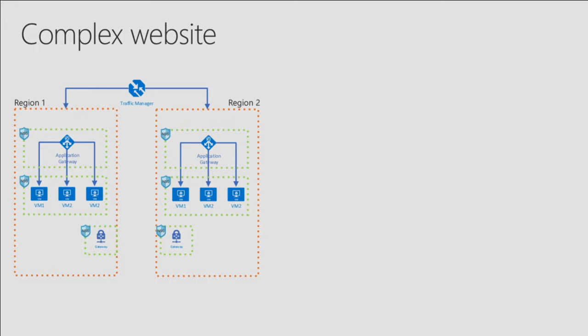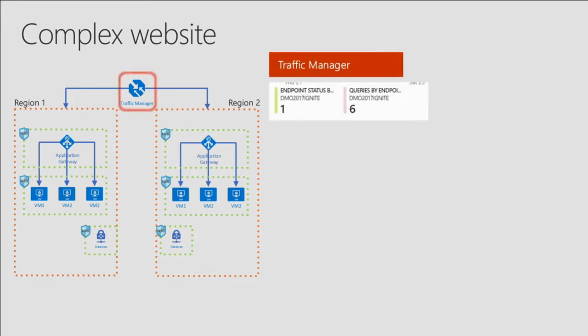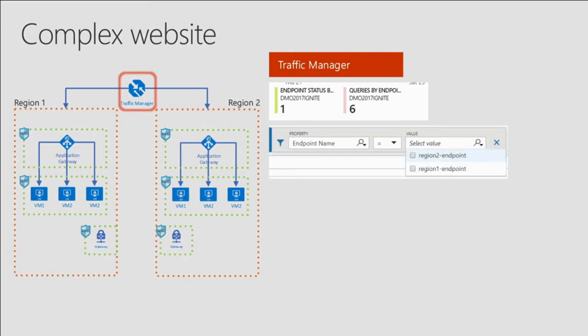What I've done over here is I have a Traffic Manager which takes traffic from region 1 to region 2 based on where the origination of that source is. In the case of Traffic Manager, we definitely provide you with the endpoint status. We also give you the queries by endpoint. So you can get a sense of which region the traffic is coming from. Say, for example, in this case, one of the regions where I have my website is in